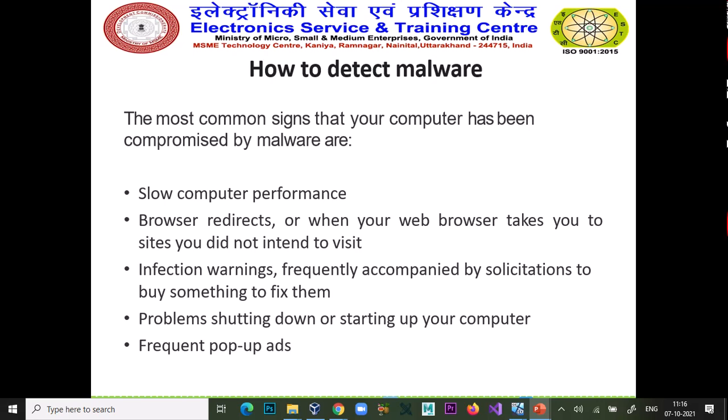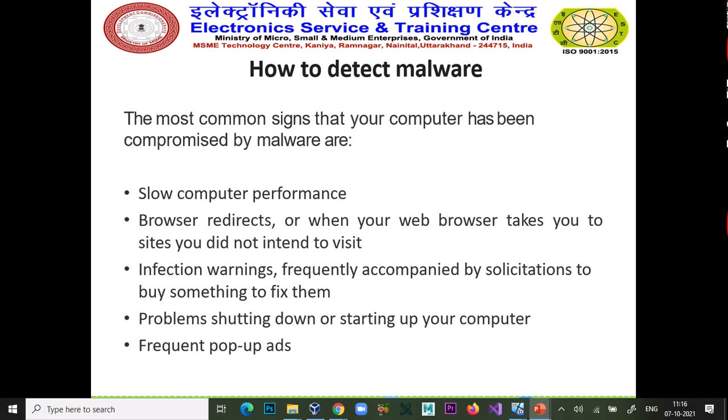Browser redirects, when your web browser takes you to sites you did not intend to visit. Suppose you just open your Chrome browser, or IE, or Mozilla Firefox, or Safari, and just after clicking on the browser, you are redirected to a particular website or some other website.